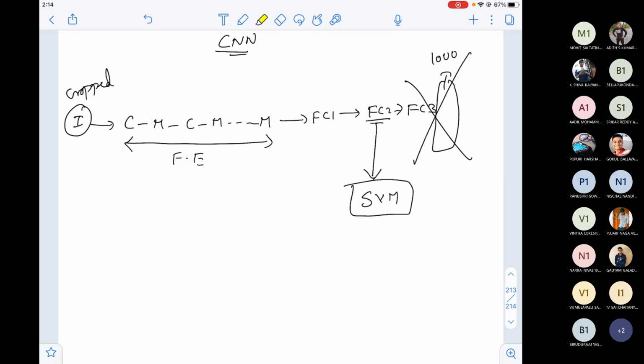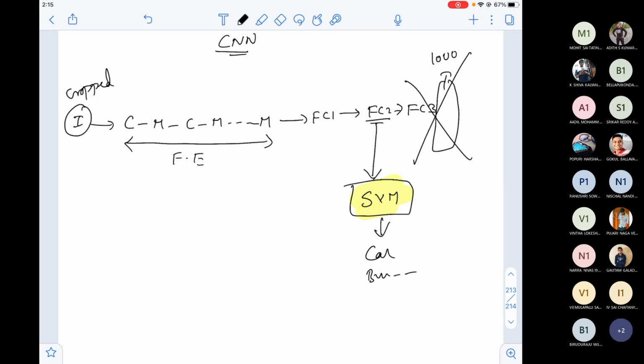I suddenly brought a new word called SVM. Now I'm introducing you to the machine learning concept, support vector machine. See, there is no particular reason why these researchers used SVM. Suddenly they brought that into the paper. What is the output that I'm expecting from SVM? I'm expecting the object, maybe a car or a bus or something else. So they're using SVM to give the object names.